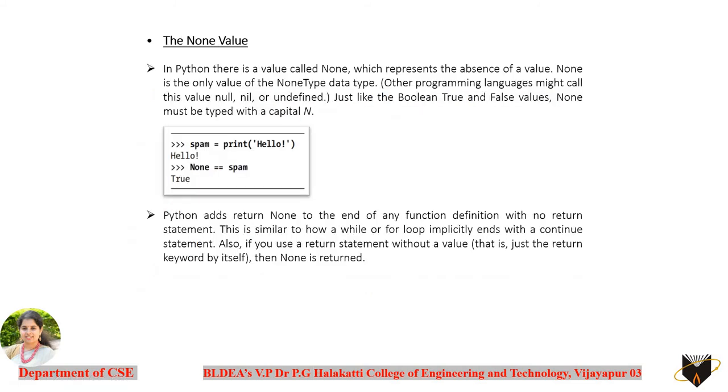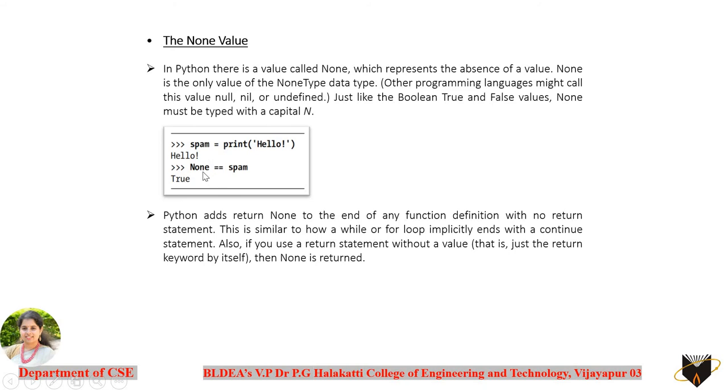So coming to the None value, there are some functions which by default are going to give the None value. The None value is the only value which is represented with the spelling NONE, with the N being a capital here. For example, you can see here the print function has been called with some variable, which is allowed in Python. So spam is equal to print hello, where it is going to display hello, but it is not going to store anything into this variable spam.